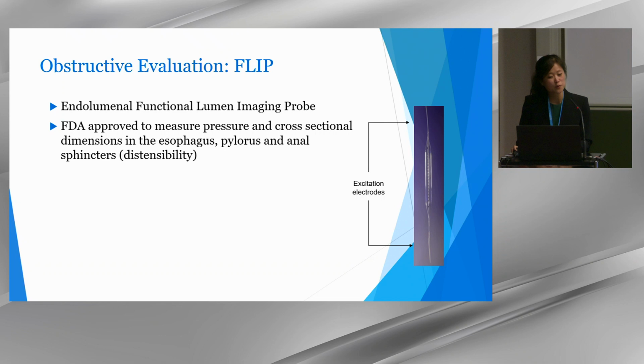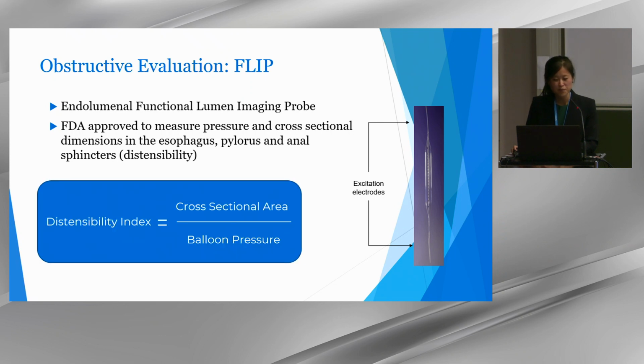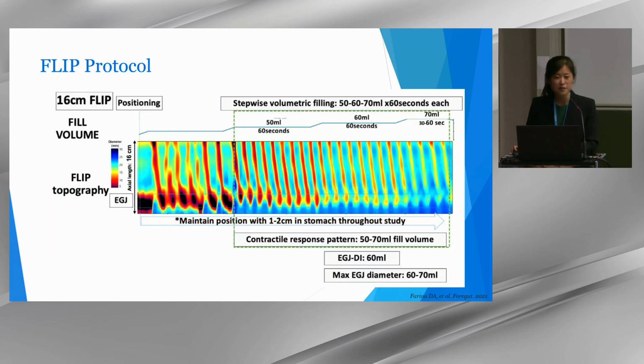So next we'll move on towards FLIP. I know everyone is familiar with the endoluminal functional lumen imaging probe. This is an FDA-approved device to measure pressure and cross-sectional dimensions in the esophagus, pylorus, and anal sphincters. And we're looking at the distensibility index, or the cross-sectional area over balloon pressure. I know that several sessions will touch a little bit more on this, but just to remind you of the